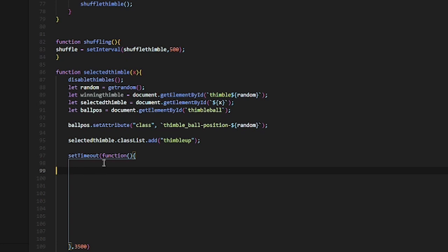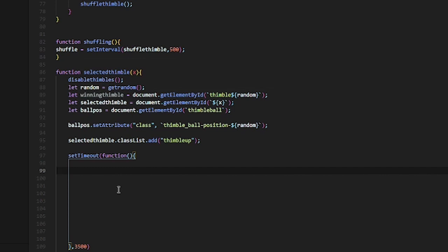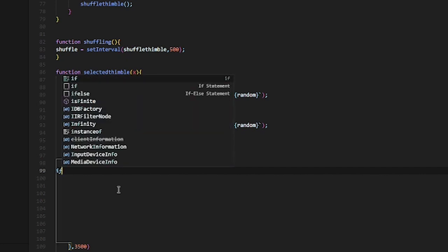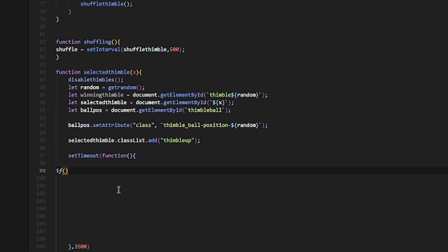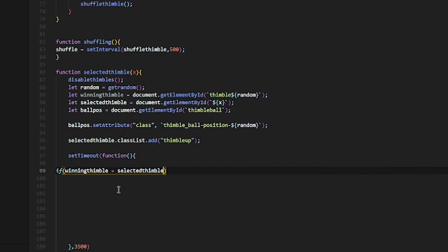So now if the winning thimble and the selected thimble are equal, then that means you've won, right? So if winning thimble is equal to selected thimble,